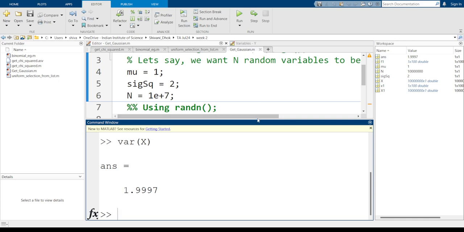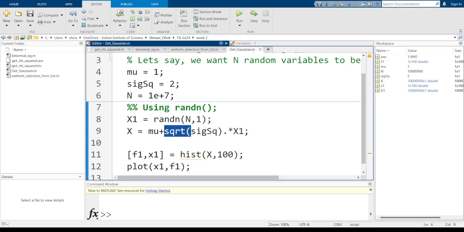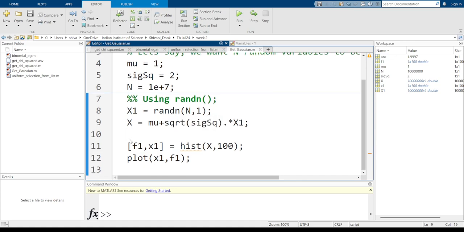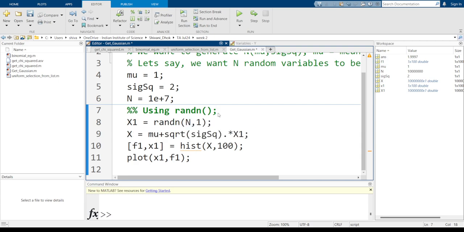So the way we generated Gaussian is using a standard normal random variable through randn. We add a mean and also multiply it by sigma to have the required variance. So this is a standard way of generating Gaussian random variables using a standard normal random variable. Is it clear? Any questions at this point? Okay, if there are no questions, then let me quickly move on to the next part